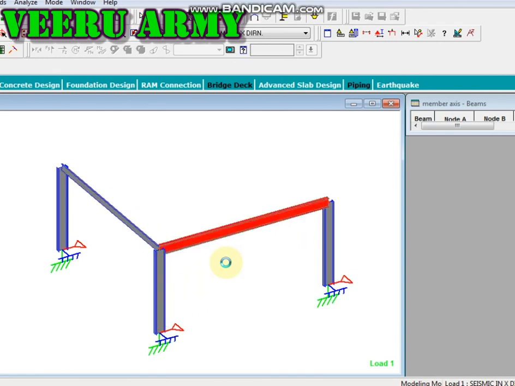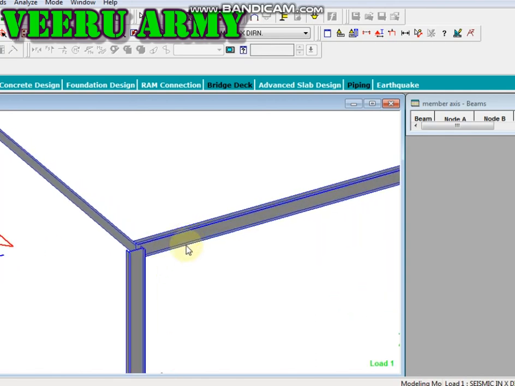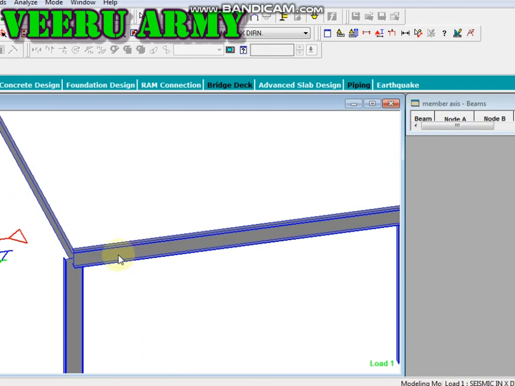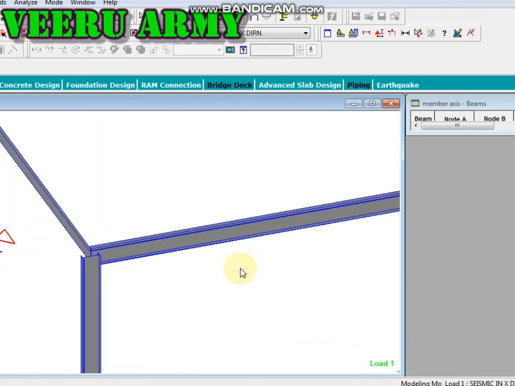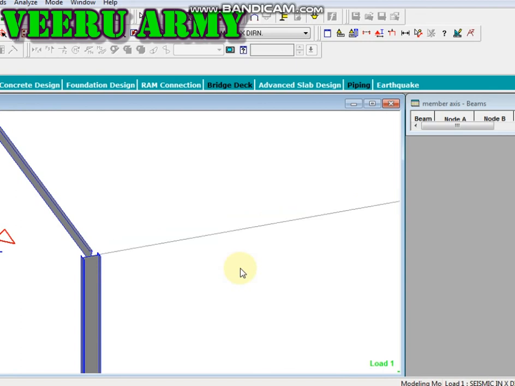Okay, by taking compression. You can see the compression will be happening in this mezzanine beam, and it gives restraint to the z-axis moment of the column. That's why we are breaking the Lz at the point where the mezzanine beam is connected to the column, because it is taking all the moment in such a manner.